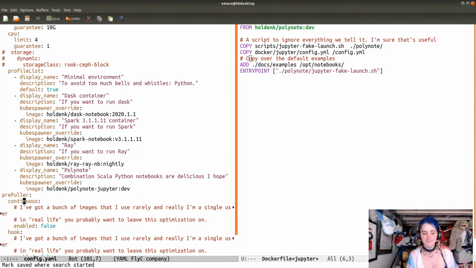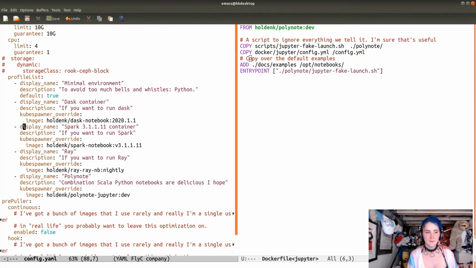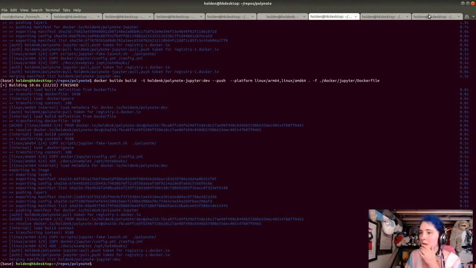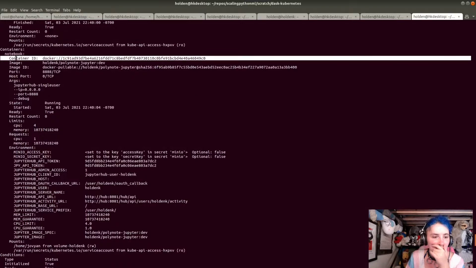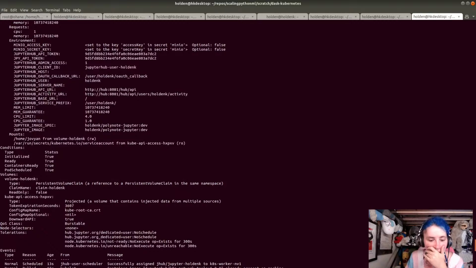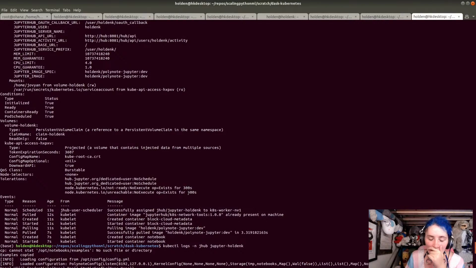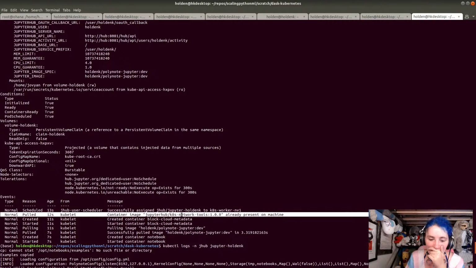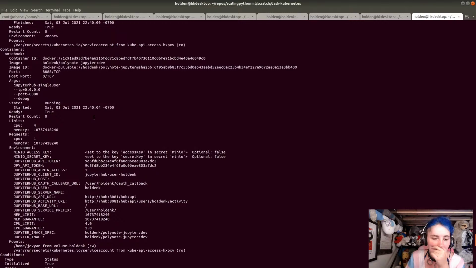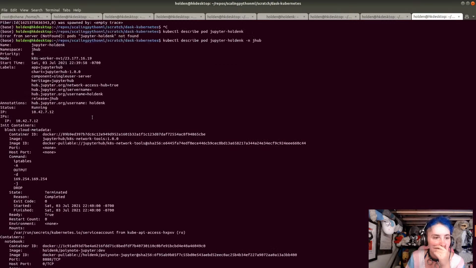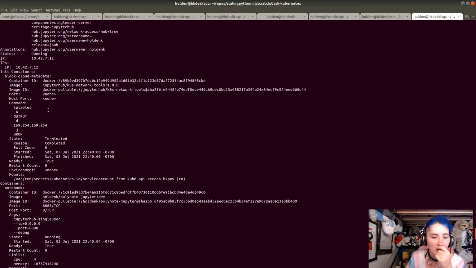Well, actually, yeah, let's take a look at what the container pull policy is. Is there a pull policy, or is that a pod level thing? I don't remember if the pull policy is always